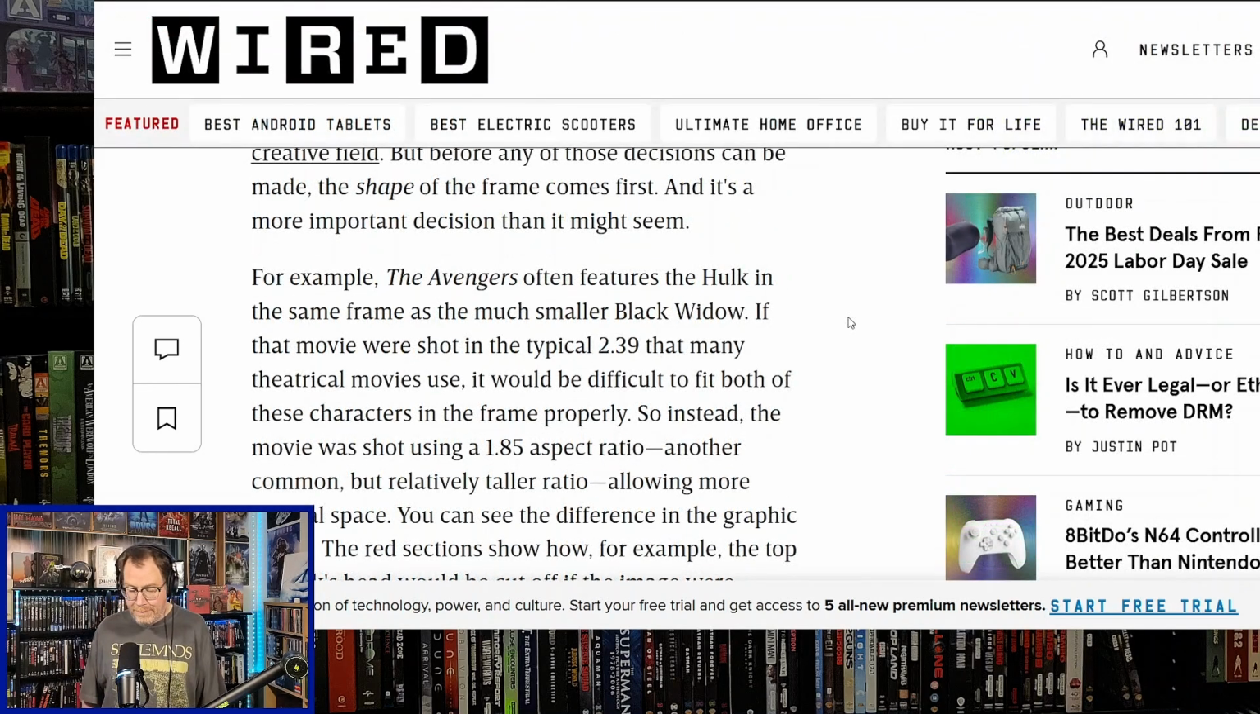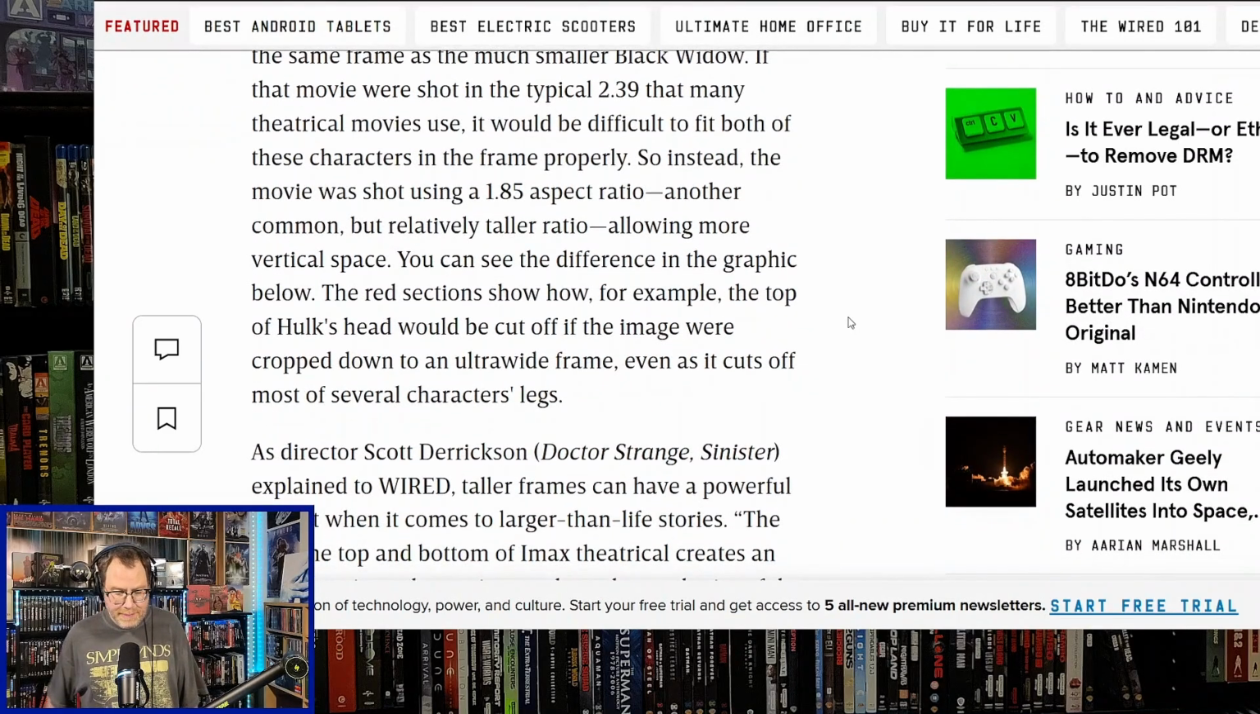For example, The Avengers often features the Hulk in the same frame as the much smaller Black Widow. If that movie were shot in the typical 2.39 that many theatrical movies use, it would be difficult to fit both of these characters in the frame properly. So instead, the movie was shot using a 1.85 to 1 aspect ratio, another common but relatively taller ratio, allowing more vertical space. You can see the difference in the graphic below,